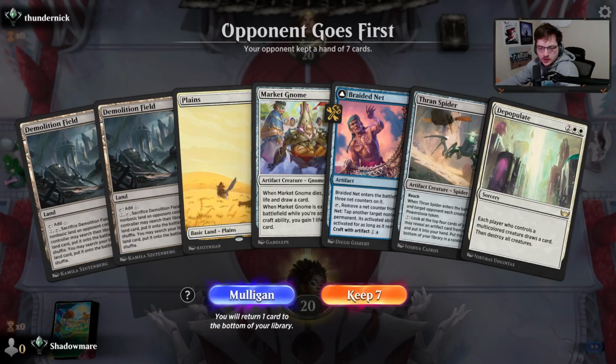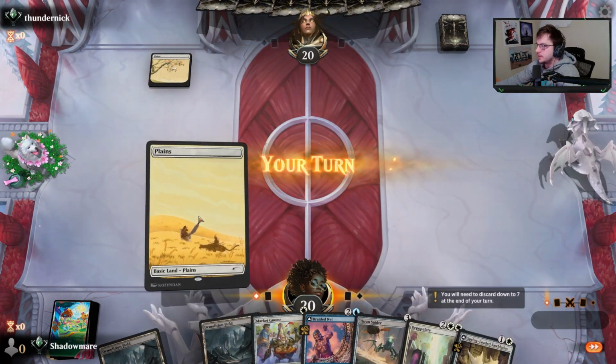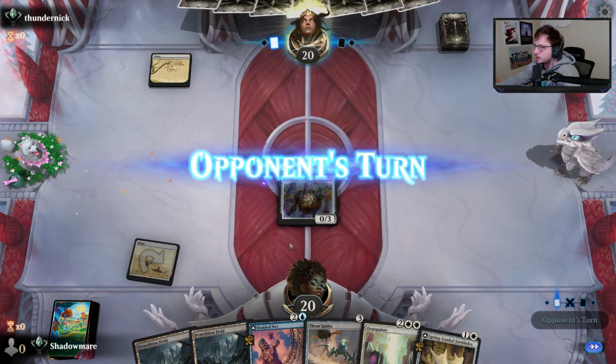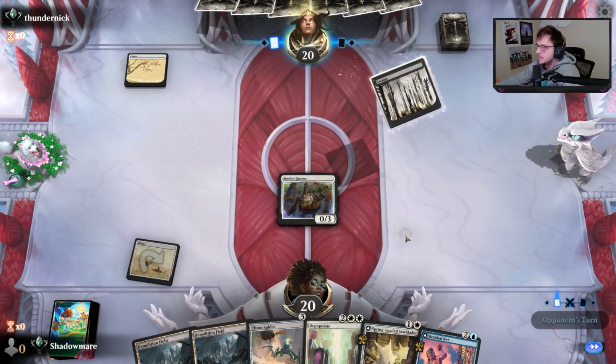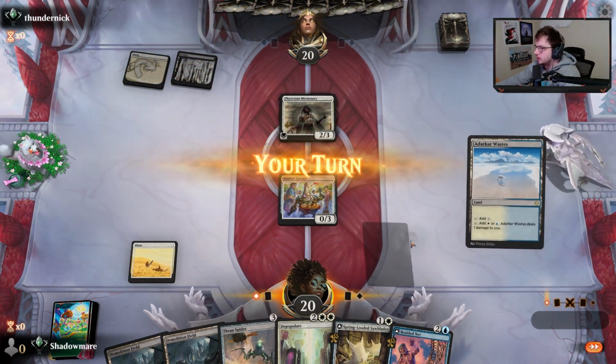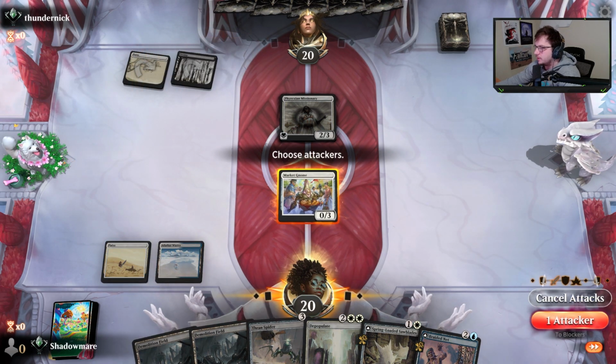I'll take the dub. Better if I'm recording, but my opponent goes first. We don't have a blue, but we do have Demolition Field that may or may not be valuable. We'll play a little gnome. A little slippery boy. Not looking good, boys. Help. We play land, and now we have...